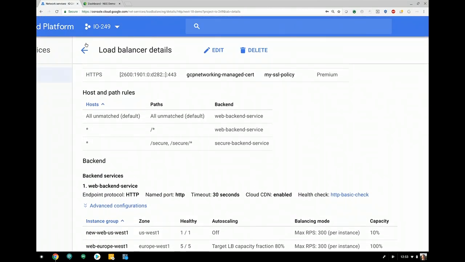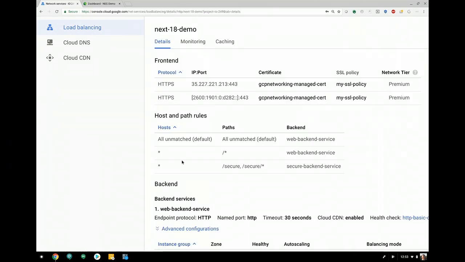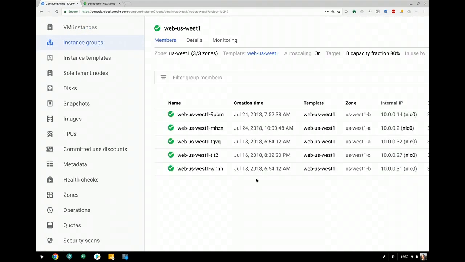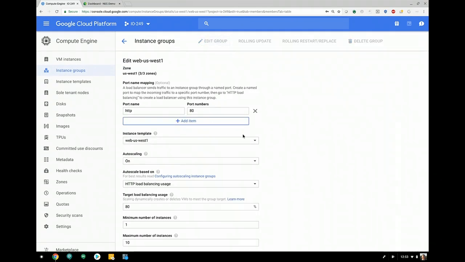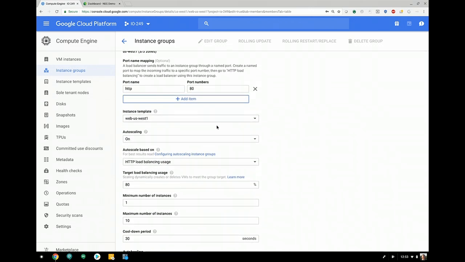Now, the next thing I want to do is contrast the load balancing configuration with the configuration of an instance group itself. So we'll pick an instance group, which is US West 1, and let me just zoom out a little bit, and we'll edit this group. In the instance group itself, here's where you specify the key pair. So we're mapping HTTP to port 80. We could do 8080 on the back end if we wanted to, or 8443. This instance group is built off a template,